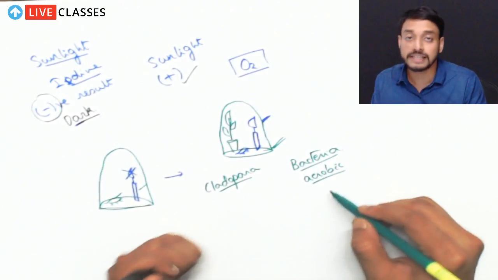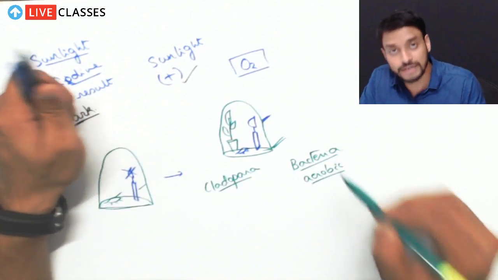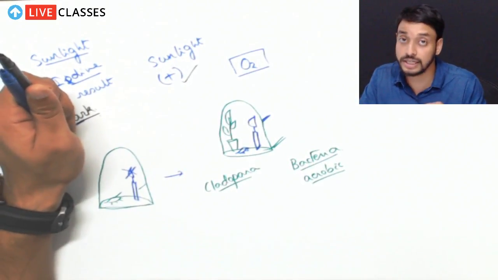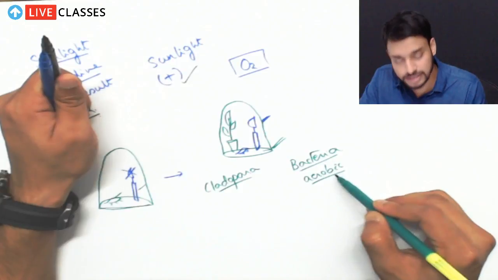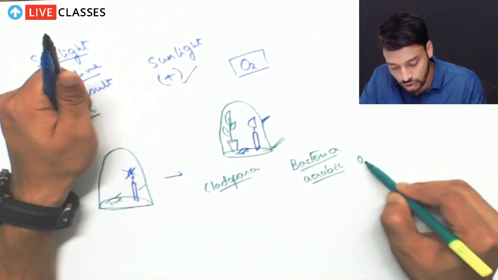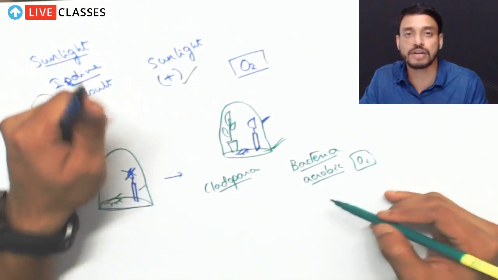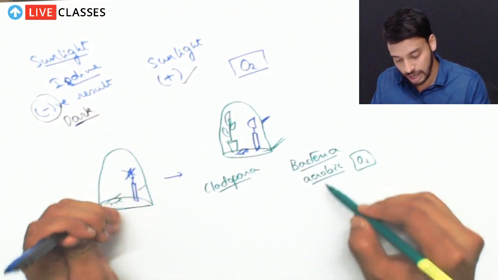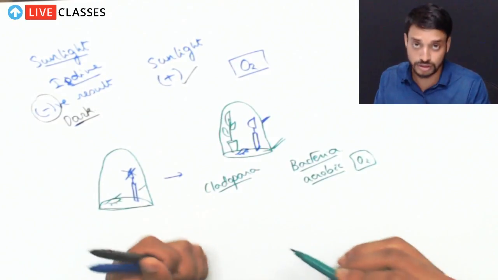What does this mean? This means that this type of bacteria, for their survival, require oxygen. Aerobic means they require oxygen for their survival, correct? So they are known as aerobic organisms. Now, what he did was, he